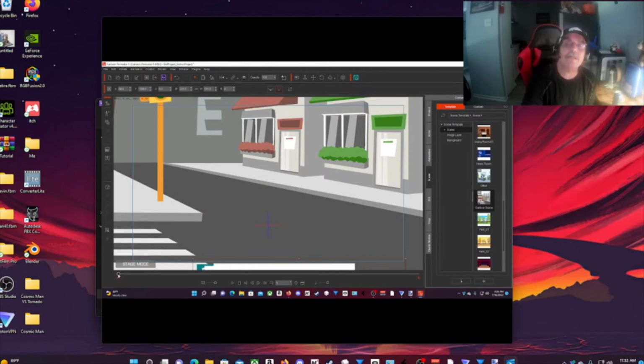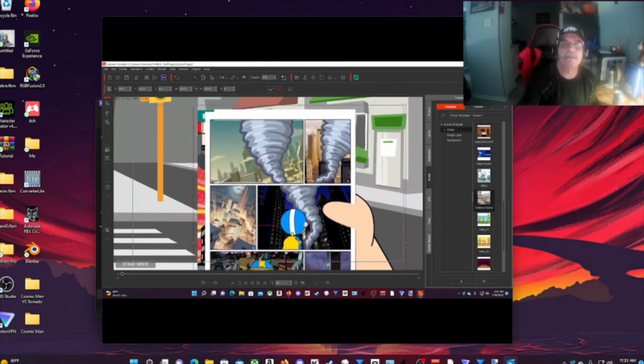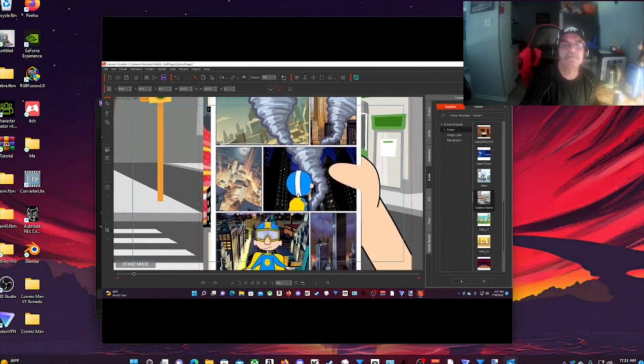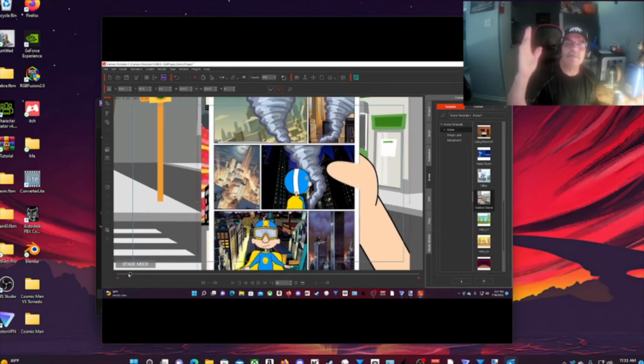Then I'll just add the keyframes by moving the slider up a little to bring it up like I'm reading it. Moved it up a little bit more.